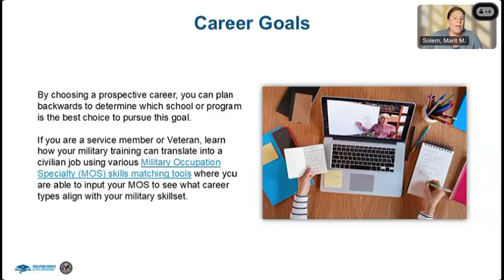When I was pursuing my degree as a vocational rehabilitation counselor, I started looking at job postings very early on. I would invite you to start doing that even before you enroll in a school or program, to look at the different job titles, job descriptions, and what the industry is looking for in terms of your interest area.